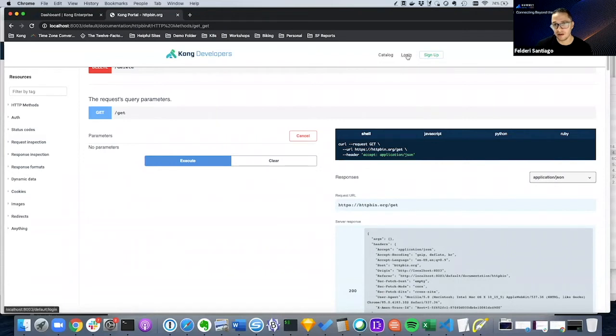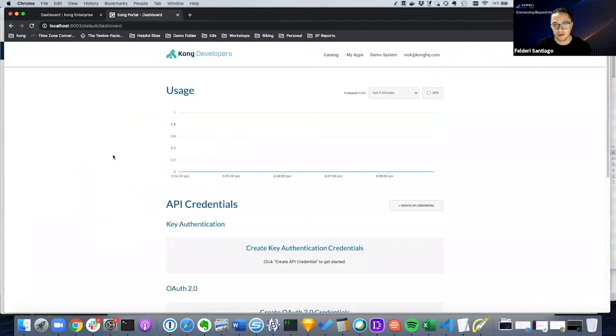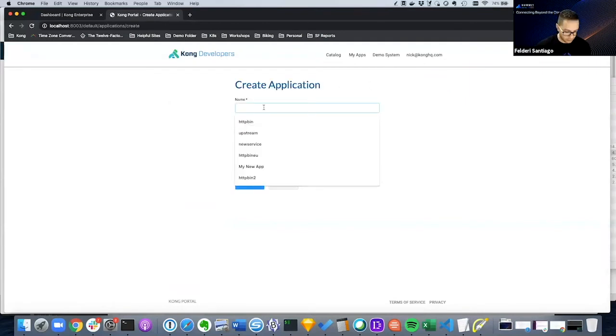So I'm going to log in here as a developer. I have a developer called Nick. And Nick will log into the developer portal, right? Say he found the customer API. He wants to now leverage it. Now he wants to actually leverage that API in a production environment. So this is Nick's view, his personal view into the dev portal. And what I'm going to do as Nick is go to my apps, click on new application, and define a new application here for, say, customers. Provide a redirect URL